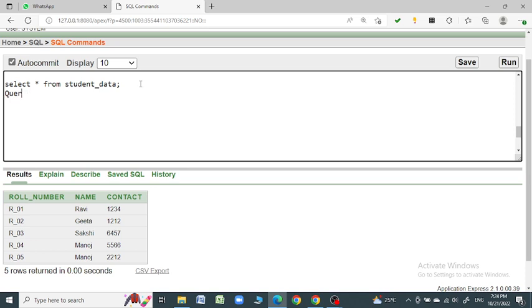So the query is: delete record from table whose name is Manoj. Suppose this question is asked. For that, what command do we have to use? Delete from table name. Our table name is student_data,